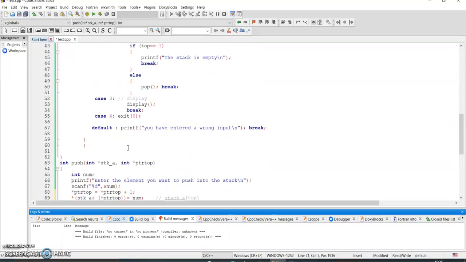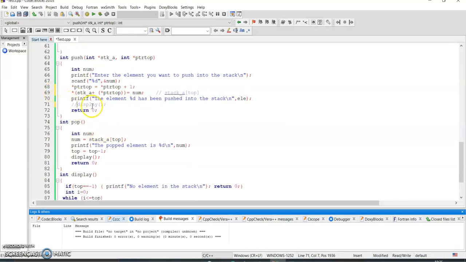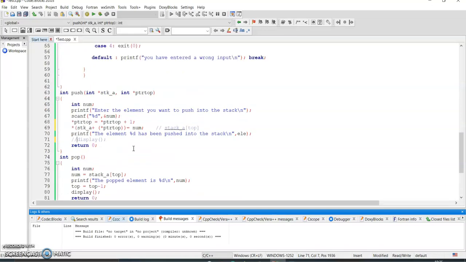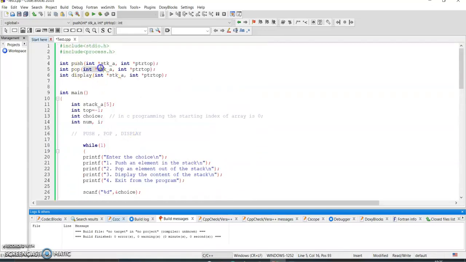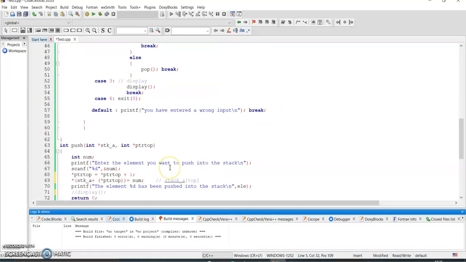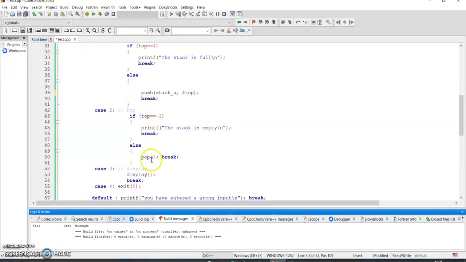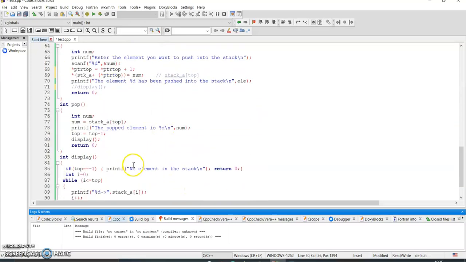Okay, because again here we will be changing the stack and the pointer and all these things. So we'll not put that display function here. Okay, so similarly now we'll move to pop. So pop also same thing, the stack and the pointer itself. Okay, so we'll put here, right? Okay, so next again here pop,